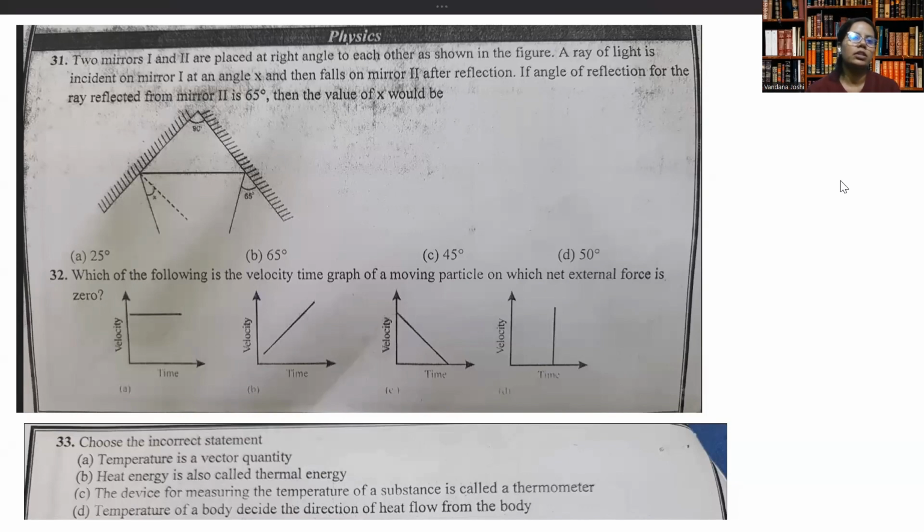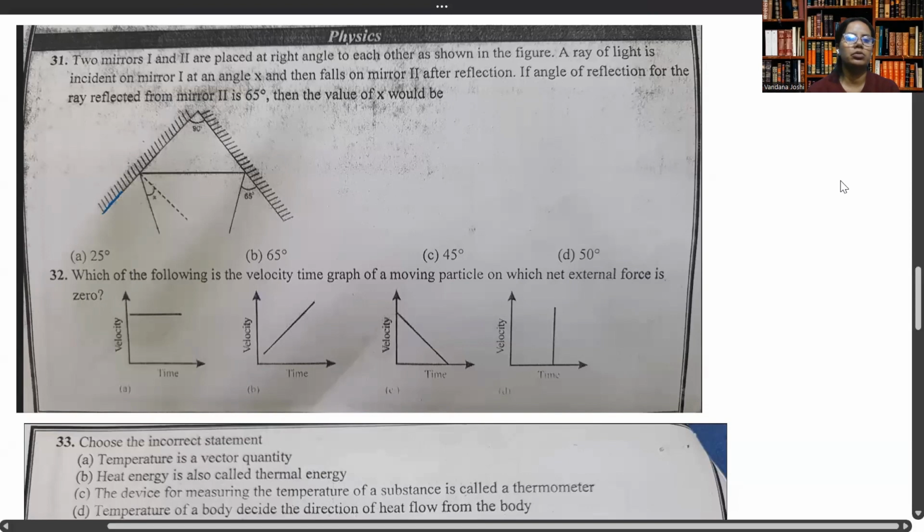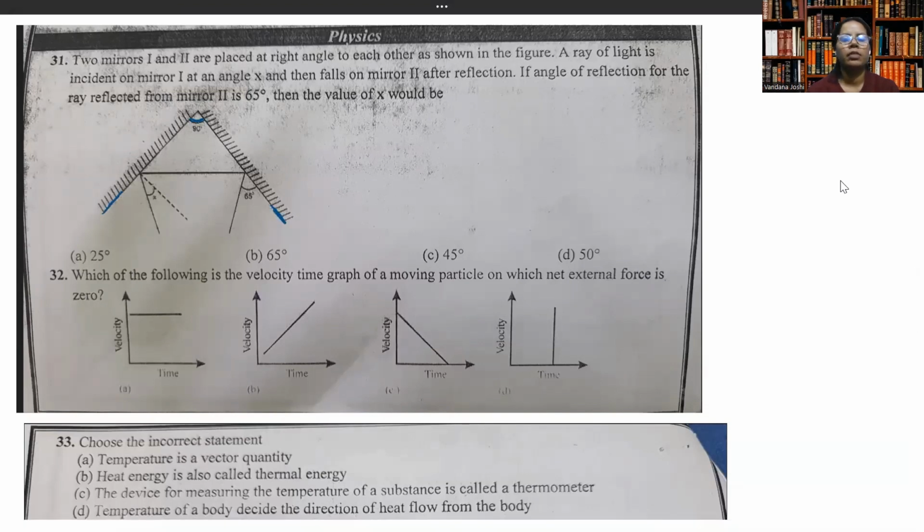First question is, you have two mirrors, one and two, and they are placed at right angle to each other. So this is mirror one, this is mirror two. A ray of light is incident on mirror one at an angle x. This is the ray of light which is incident at mirror one, making an angle x, and then falls on